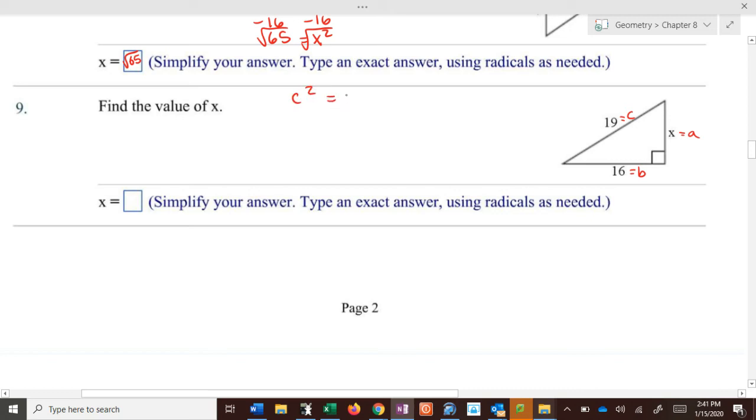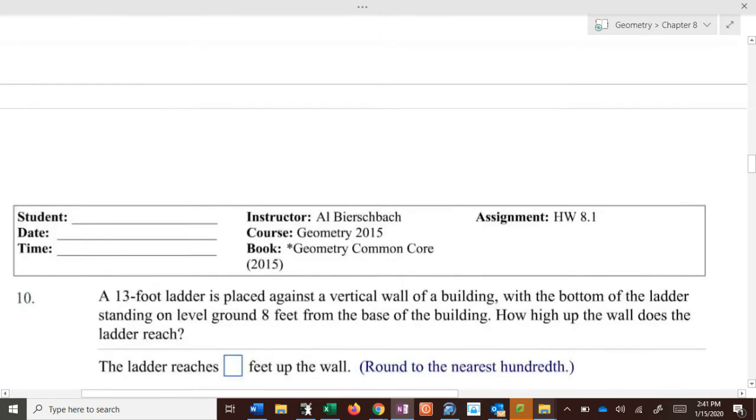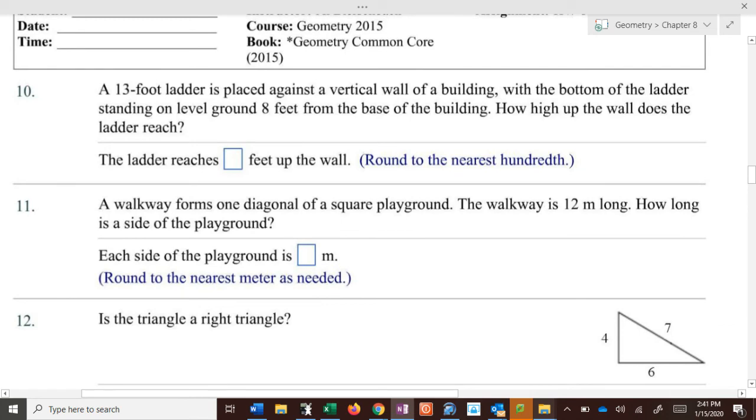Let's look at this one. C squared equals a squared plus b squared. So 19 squared, compare it to a squared plus 16 squared. 19 squared, something with a 1 at the end. 361? Yeah. A squared plus 256. Subtract 256. 105. Take the square root. Any perfect square numbers go into 105? Nope. So we're at square root of 105. That's how we leave it. Okay? Now,